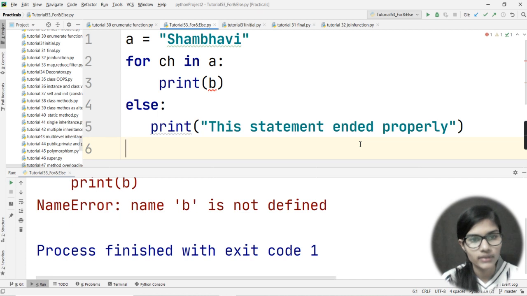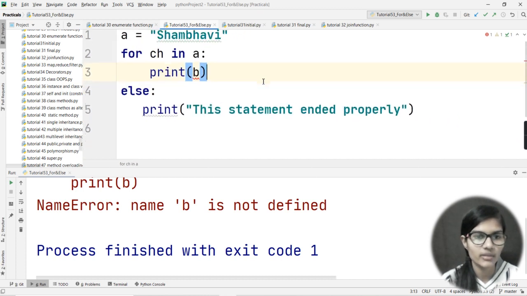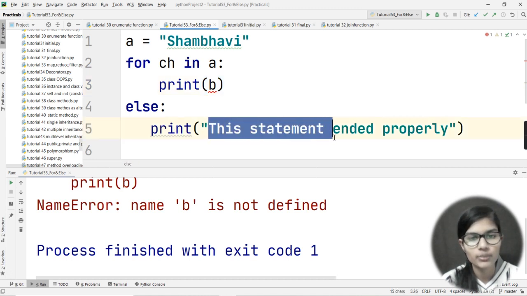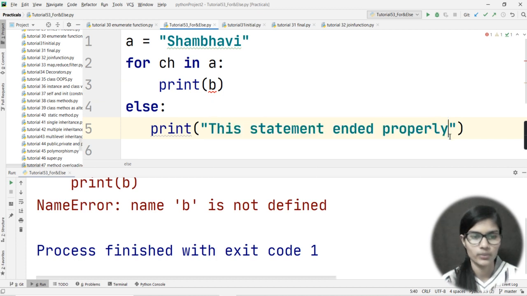So what I wanted to convey is that if you are using any loop or condition just above the else condition, and that loop works properly, only then will the above execution finish. After that, your control will go into the else condition, and only then will it print this statement ended properly.